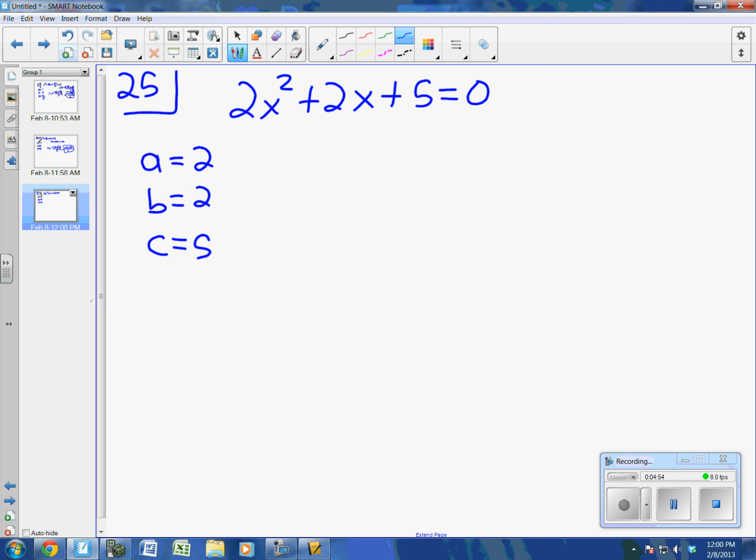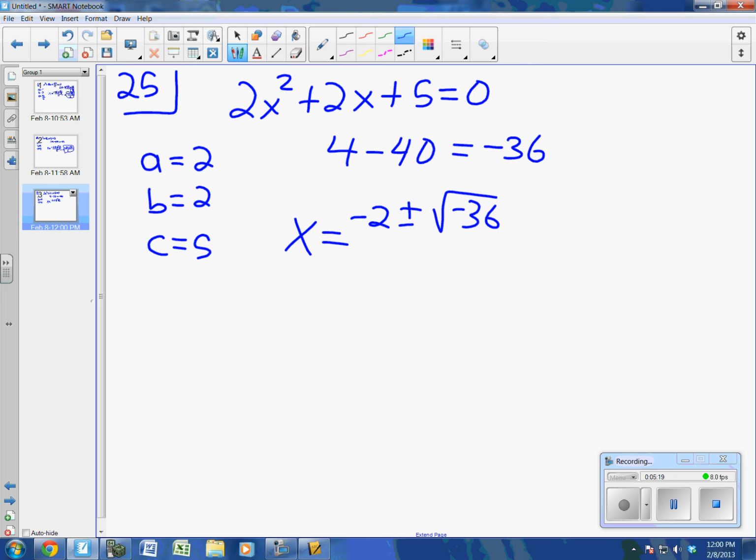So we have b squared, minus 4 times A, which is 2, times C, which is 5, which is what? 40, which is going to give us a negative 36. Plug all this into the quadratic formula. X equals negative 2 plus or minus square root of negative 36 all over